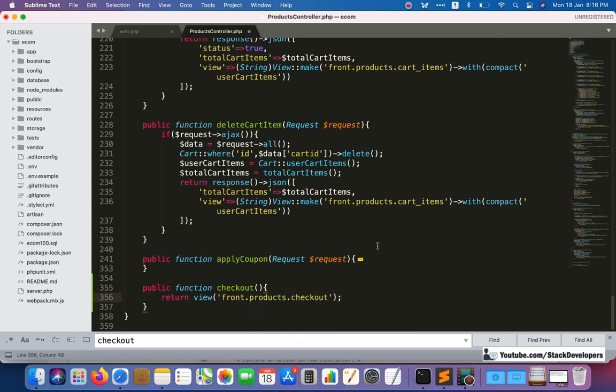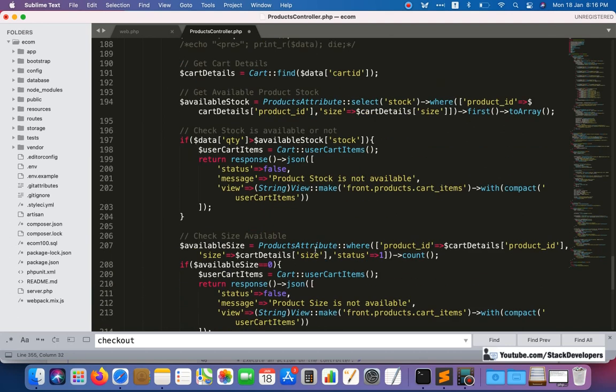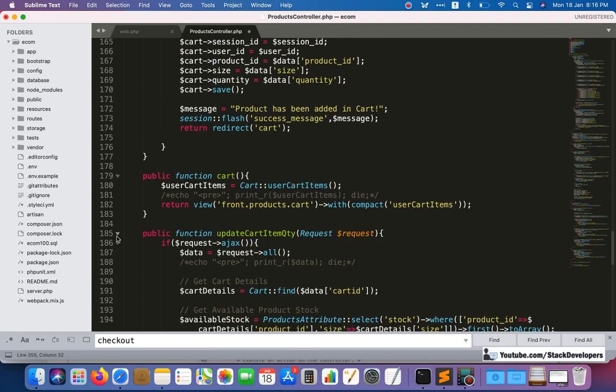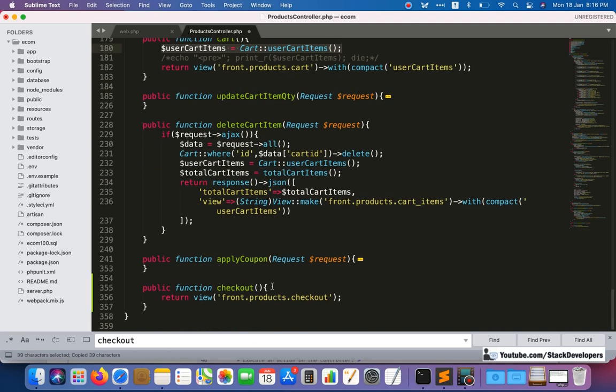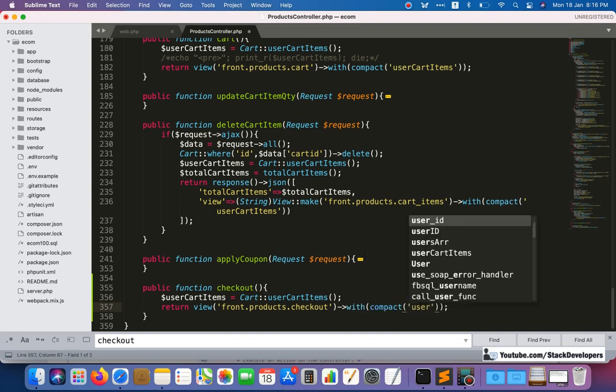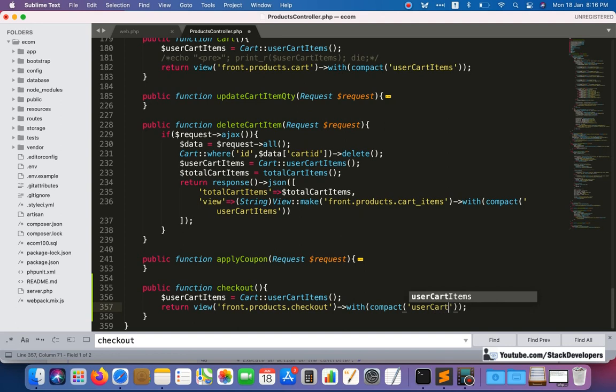We can take the help from the cart function, and this user cart items we are going to show in checkout as well. So we can copy this one and pass the user cart items to the checkout page as well, simply like this.